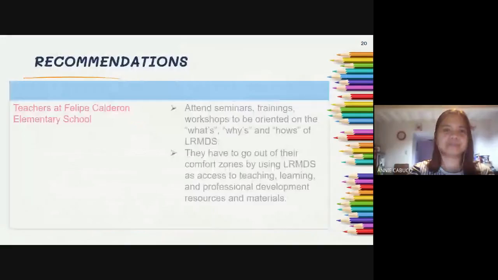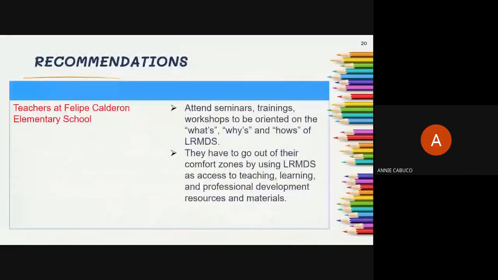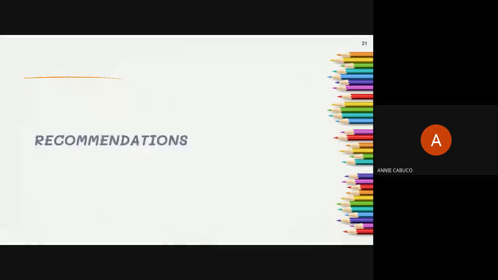For teachers at Felipe Calderon Elementary School, attend seminars, trainings, workshops to be oriented on the whats, whys, and hows of LRMDS. They have to go out of their comfort zone by using LRMDS as access to teaching, learning, and professional development resources and materials.